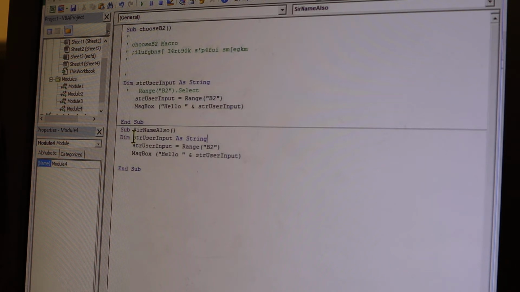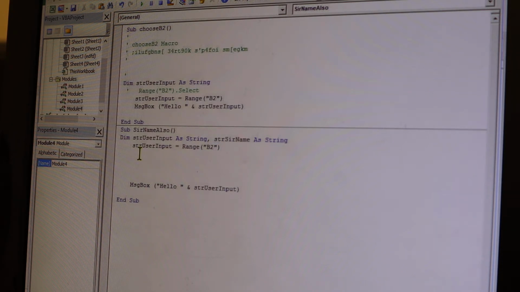I want to declare another variable. So I'll put a comma, I'll paste this, and the new variable I'll call something else. Now I declare 2 variables. That means 2 chunks of memory that I'll be able to use as I need while running the program. In the first variable, I put in whatever is in range B2. And let's put this down for a second. And in the second variable,